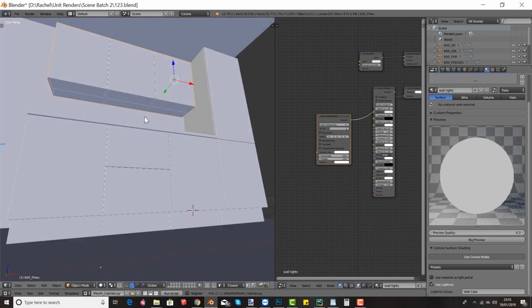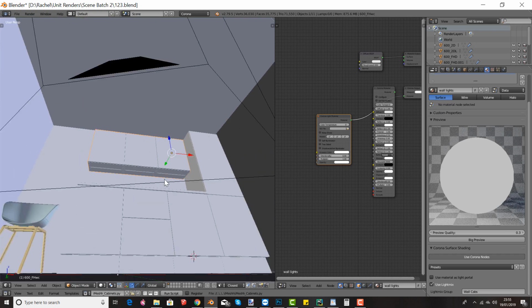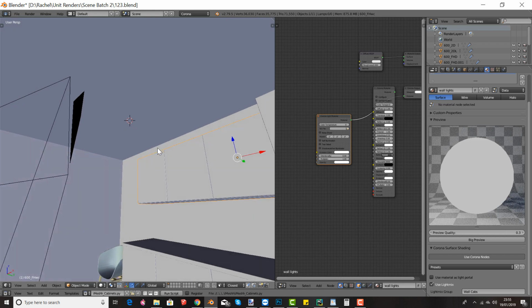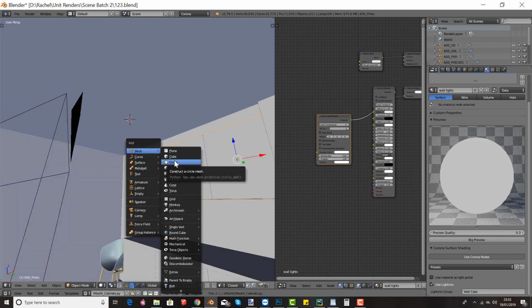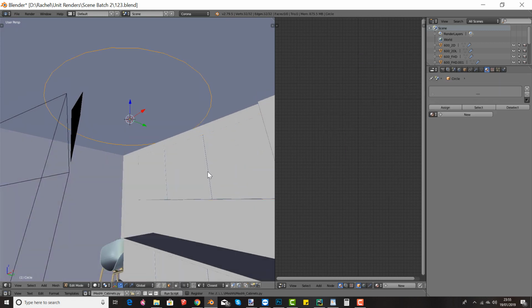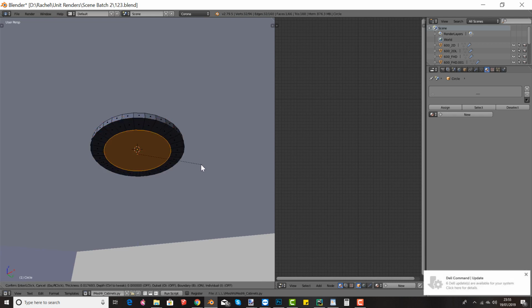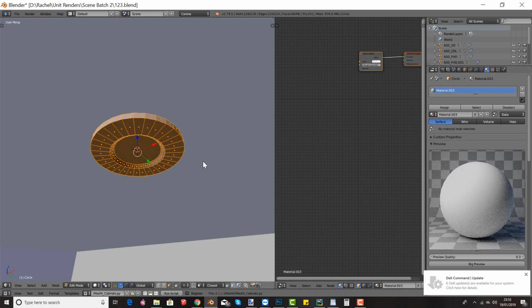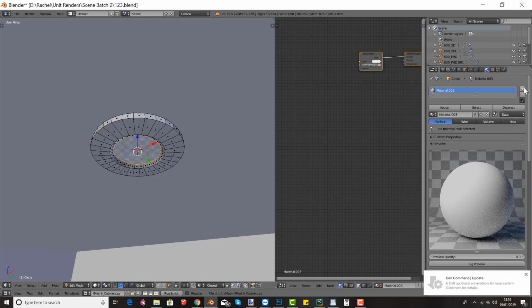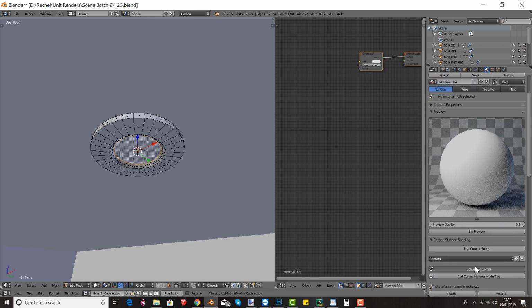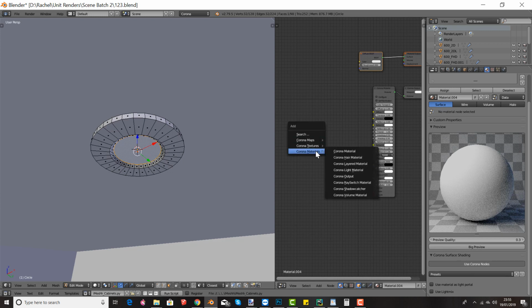So that's the second lighting done for our light mix, and then finally we're going to use some nice ceiling lights. So I'm just going to show you very quickly how I'll add in rough ceiling lights. If I add in a circle, press Tab to go to edit mode, scale it right down, press F to add a face. I would then scale it, inset it, extrude it, add the outside material, flip all the normals, add a second material. I need to update my Dell apparently. And then in here,